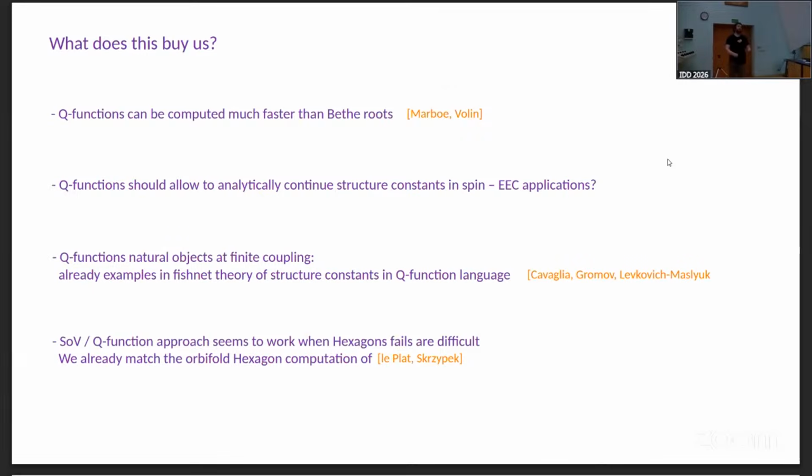If I'm someone who really wants to compute structure constants in planar N=4 super Yang-Mills, is this actually an advantageous method for doing that? And the answer is no, not really. But also, you would not use the quantum spectral curve to solve an XXX SU(2) spin chain at one loop. So,